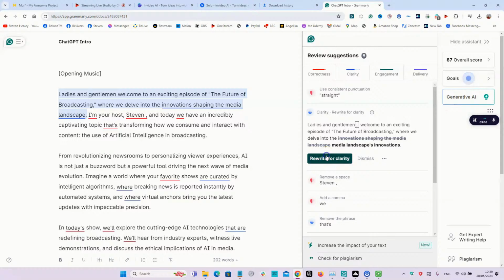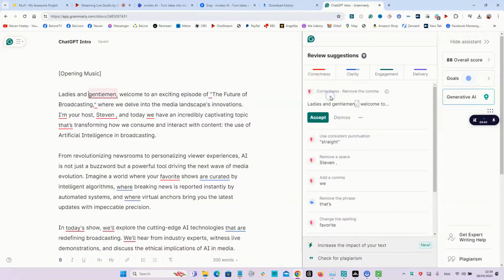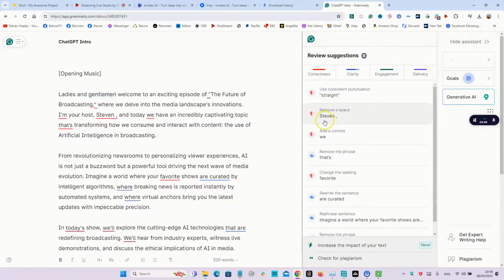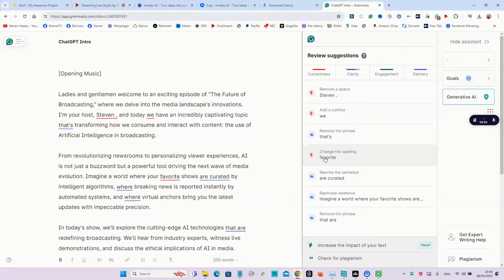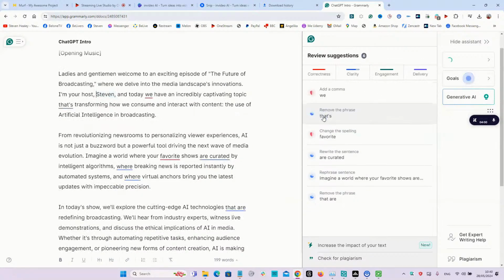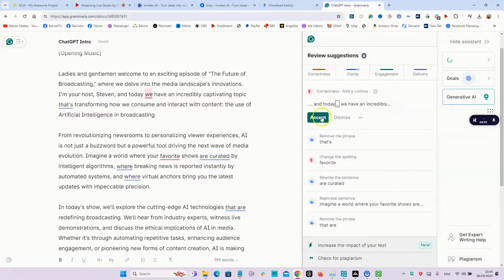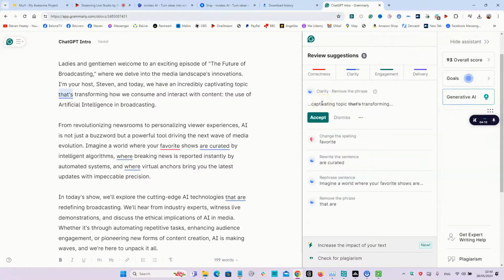Okay, so we're going to go with that change. Remove the comma, accept, and go through, and I'm going to accept all those and remove the space after Stephen, accept, and put the comma in there. Remove the phrase. It's redundant, it's not needed, so I can just accept